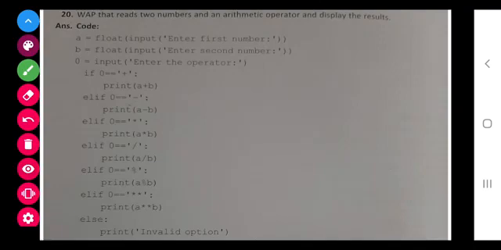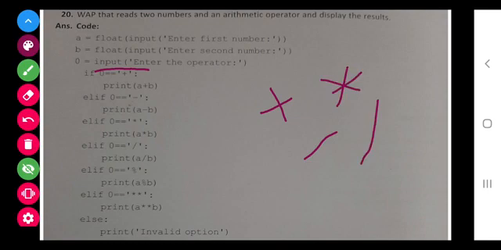Next is a very important program to create a menu for addition, subtraction, multiplication and division. First of all, for reading two numbers A and B, two numbers are read and O is the variable. This is not 0, this is O. O is the variable used for entering the operator, and you can see that neither float nor int is written, because we need to enter a character. Plus is a character, minus is a character, multiply is a character and divide is a character.